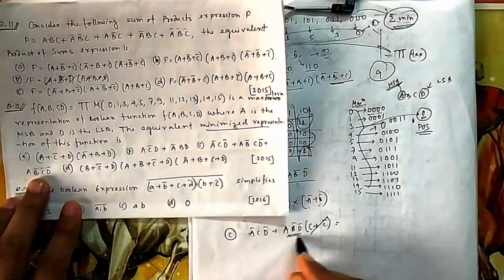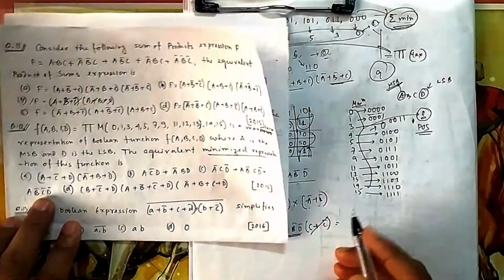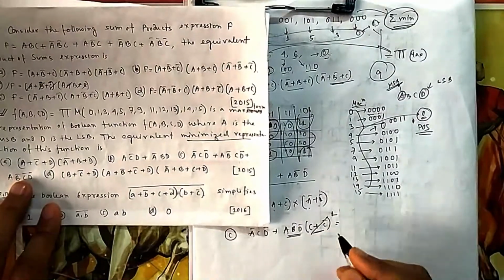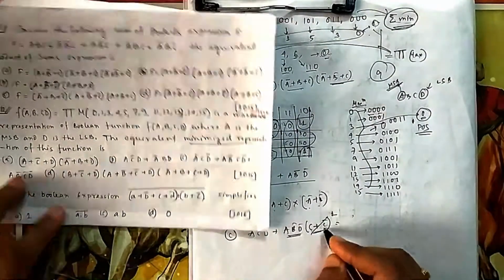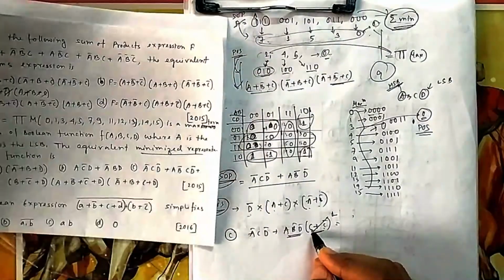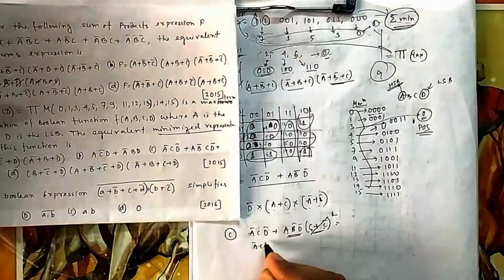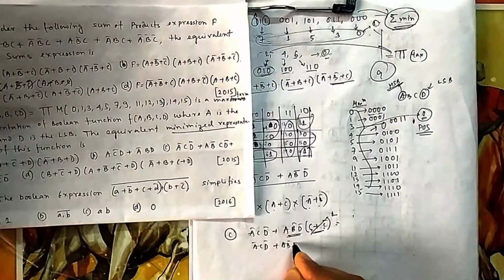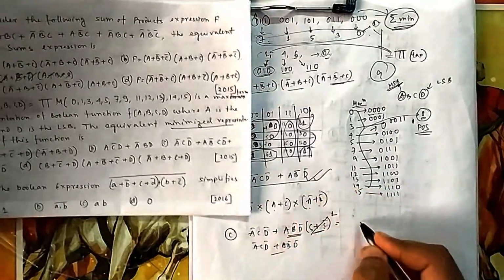If you take A B bar D bar common, then it is C plus C bar, and C plus C bar is always 1, because it can be either 0 or 1, it is digital. So if it is 0, then it is 1, 0 plus 1 is 1, or it can be 1 plus 0. So in either case the output will be 1. So that means it is your option A bar C D bar. If you simplify option C, it will give you this answer. So C is correct.